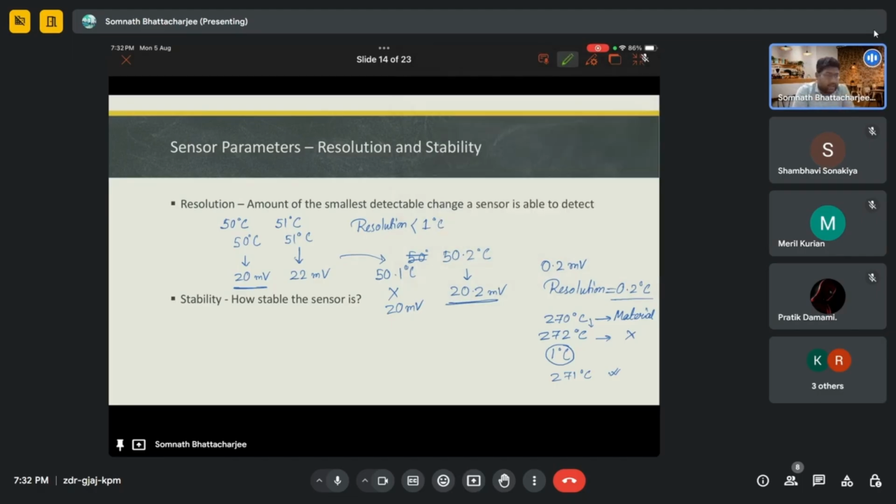Stability of a sensor is like how stable is your sensor. Let me say that if a sensor has a characteristic like this, with the input values on one axis and the output value on the other, then in any kind of condition the characteristic should remain like this. Now, let's say it is an organic sensor. In case of organic materials, we know